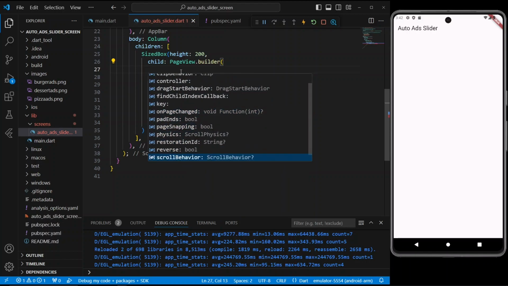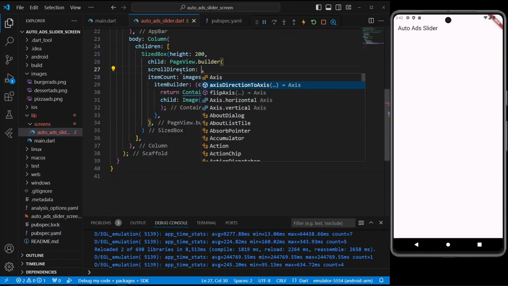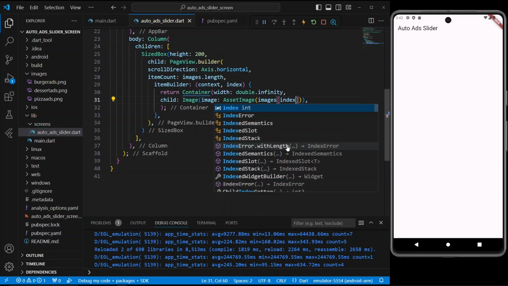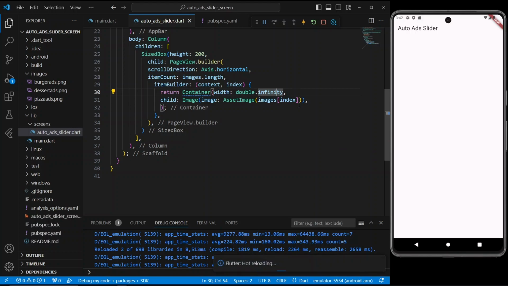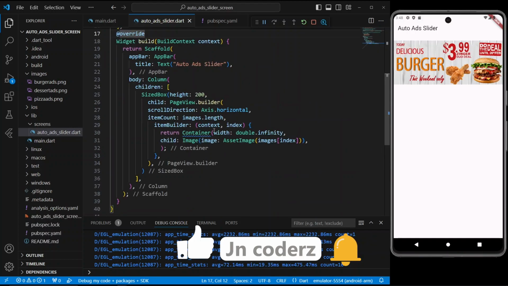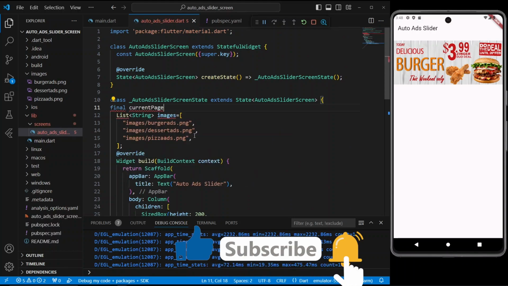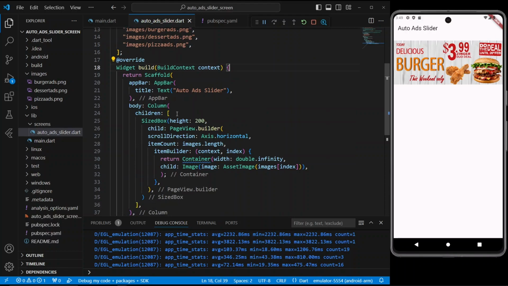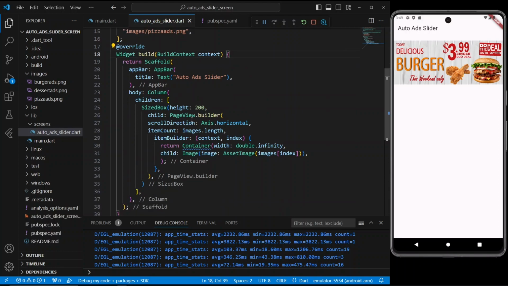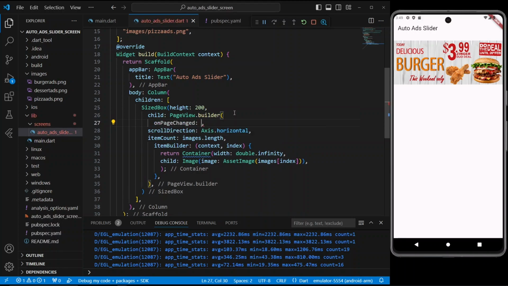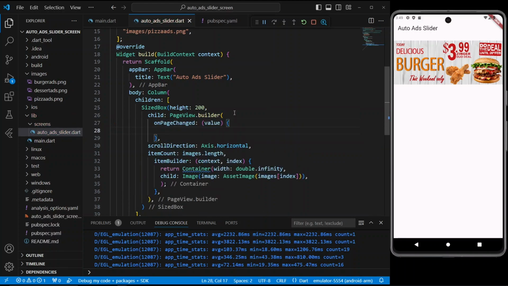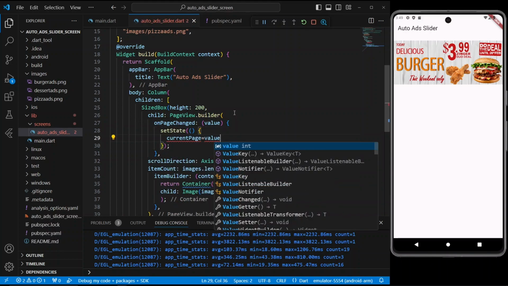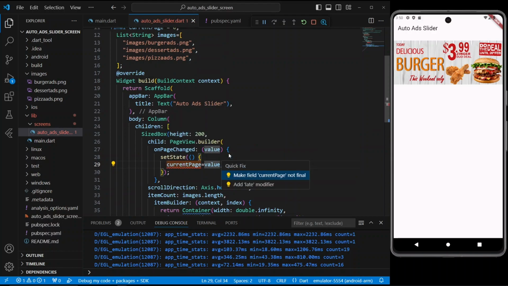This property contains a scroll direction, so choose the widget for horizontal sliding. Now in this container, add the required information. It is visible now on display. Indicate the current category number, which starts at 0. PageView.builder contains an onPageChanged property to manage pages. Now inside this property, add a setState method and insert a page category to link with it.